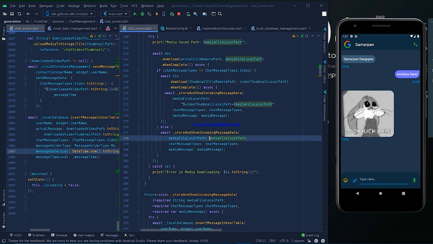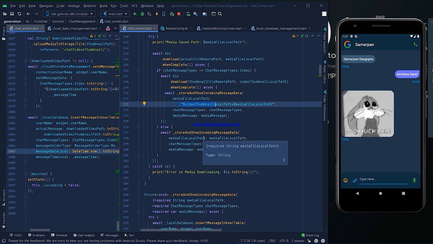But here we only pass the media file local path, and for the video we have to pass video thumbnail local path plus media file local path, because in the video there are two files, video file and video thumbnail, but in other cases, for media files except video, there is only one file present, so we pass one argument, media file local path.